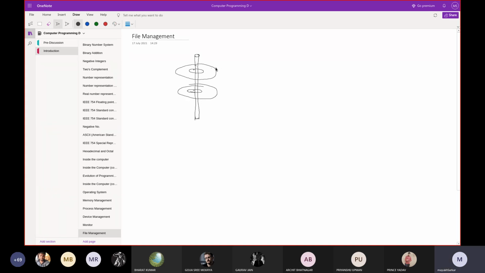There is a read write head. This is the read write head. But more importantly, the hard disk is divided into several tracks.